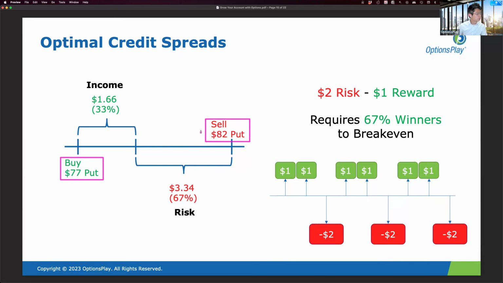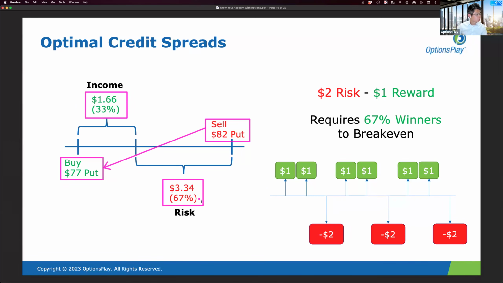That's a distance of $5 between these two strike prices. $5. So if I was to collect 33% of the vertical width on a $5 wide credit spread, that means in this particular instance, I'm going to collect $1.66 out of the $5. Now, if I collect $1.66 on a $5 wide credit spread, that means the remaining amount on this credit spread